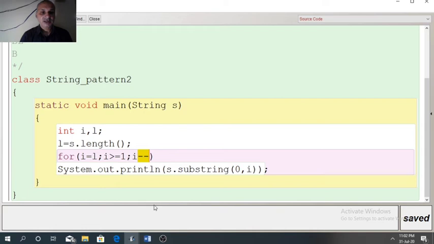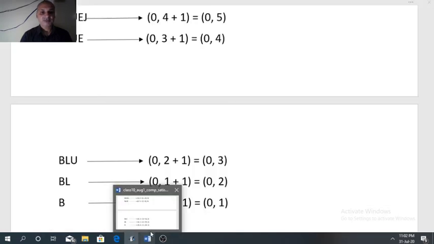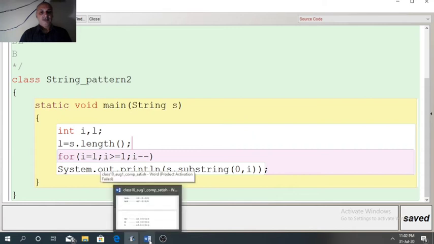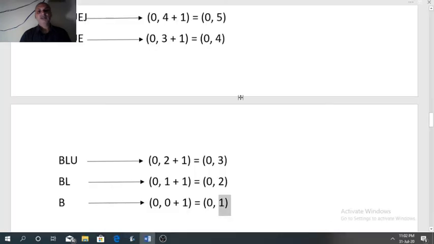Why have I written this loop? See once more. Because of this rough work, analyze the last ordered pair. The starting index is 0 in every row, but the last index is changing in every row, starting with 5 going down to 1, decrementing by 1.